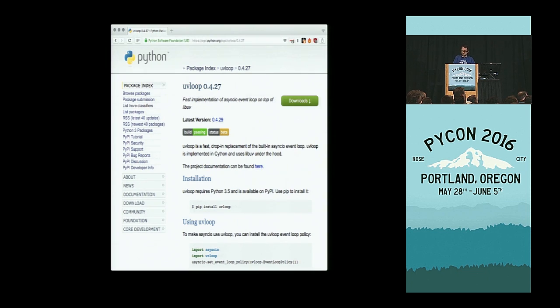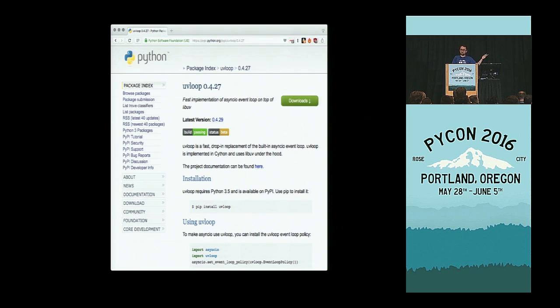If you want speed, then you can also have uvloop. uvloop is a new implementation of the event loop. You can just drop in the reference implementation and have it run at least twice as fast in prod. So async IO is pretty popular these days. There's a lot of things happening, so I recommend you look at it.